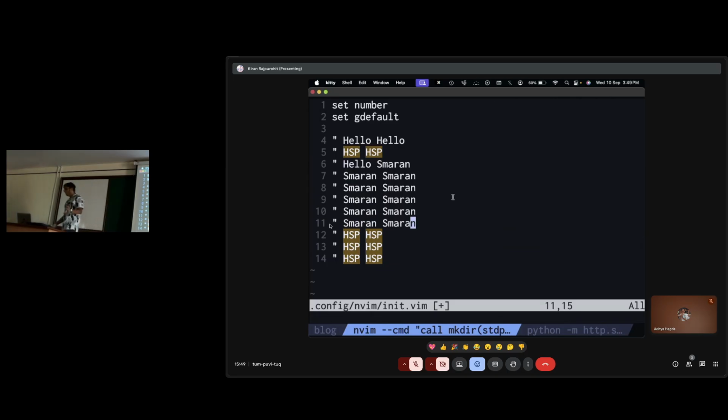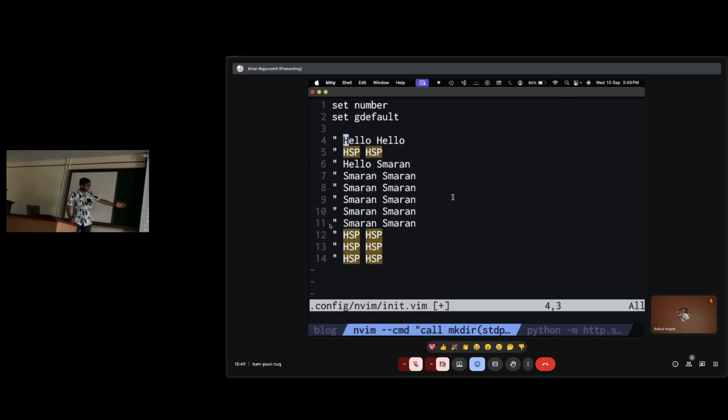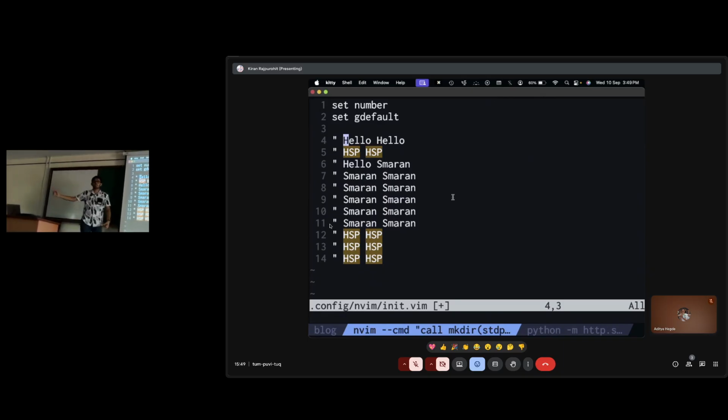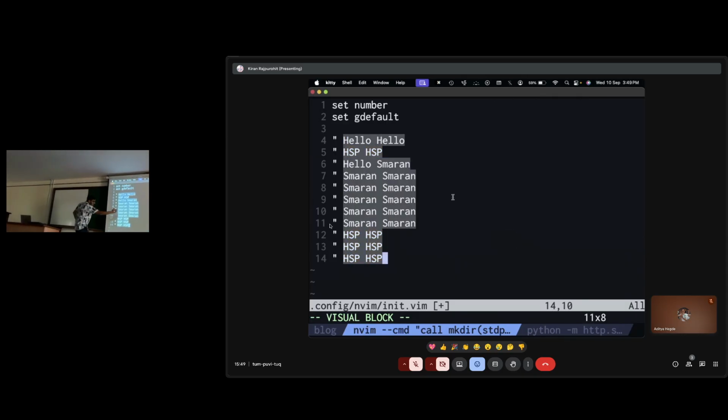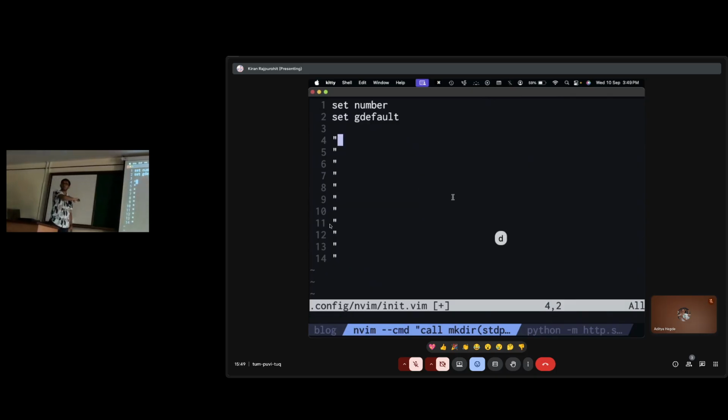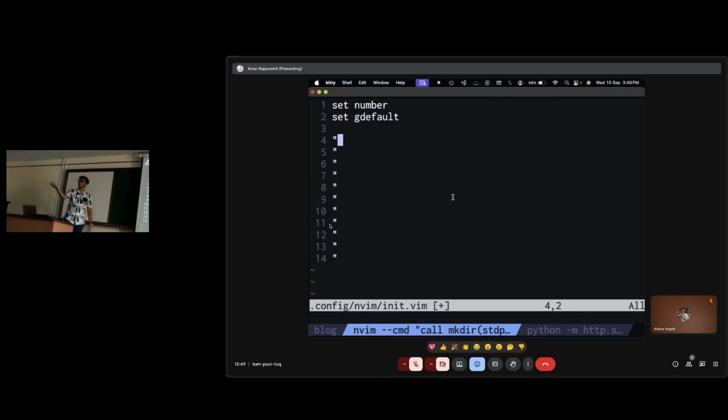Where is this helpful? Well, I'll give a very small example. Maybe I want to keep the codes, but I want to delete everything else. So I will delete all of this context. How will I do it? I'll go into Visual Block Mode, Control Q on Windows, Control V on Mac and Linux, press G to go down, and press dollar to select till the end of the line on every single selection. Make sense? Awesome.